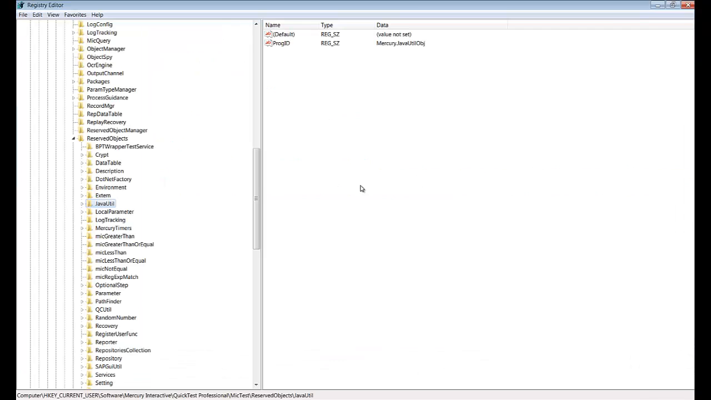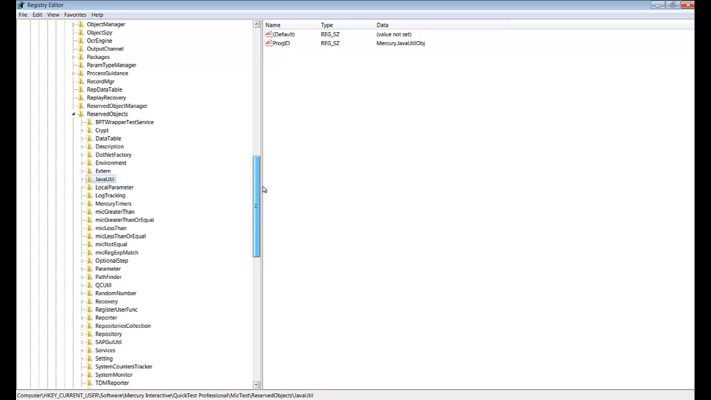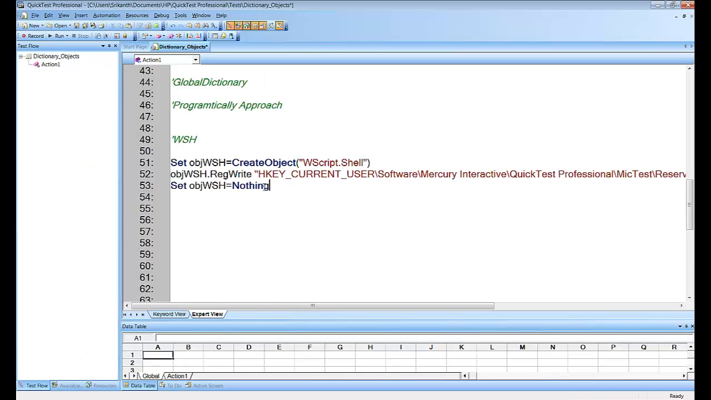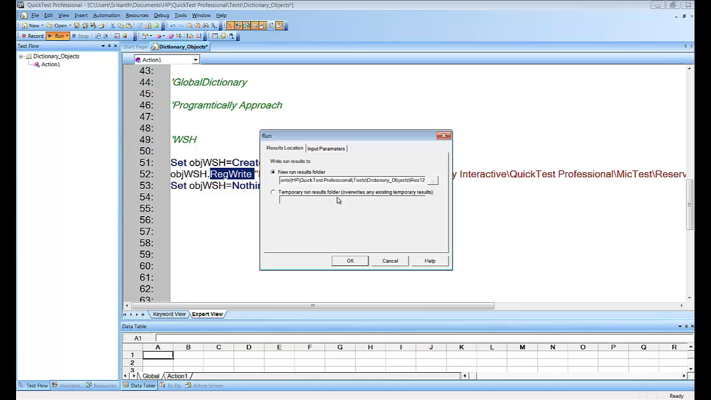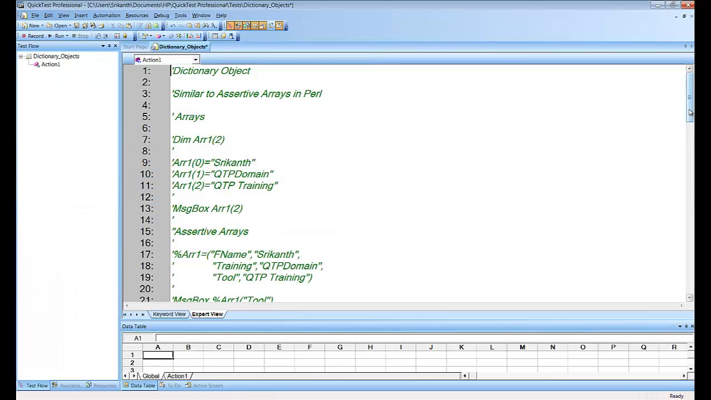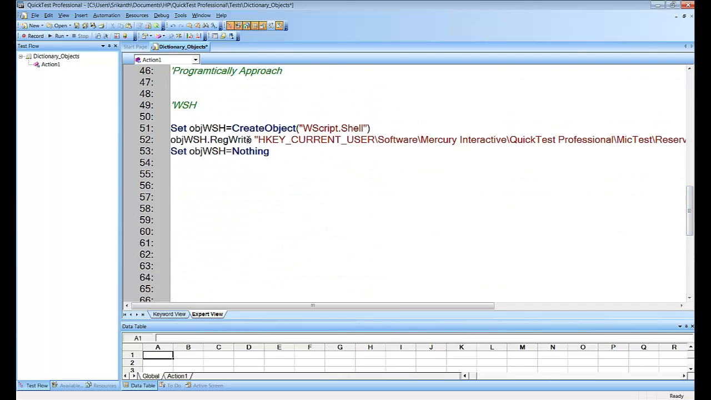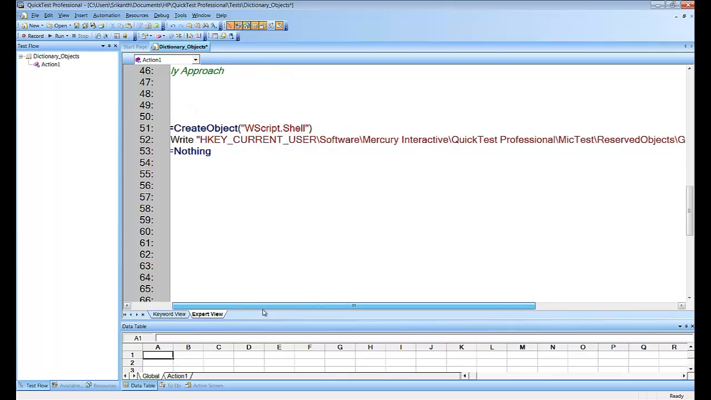Let me show you. We don't have any reserved object named global dictionary over here. So after I run this script, we should be expecting to see a reserved object with the name global dictionary. Okay, let me run the script. No runtime errors, so the script was successful and we were able to write to the registry on the